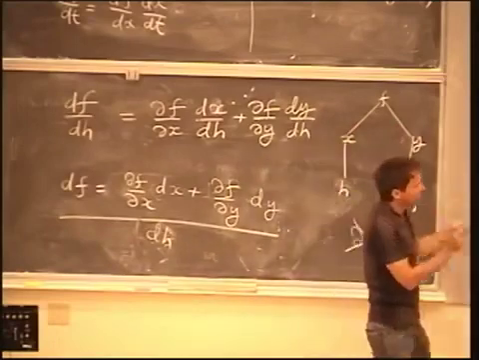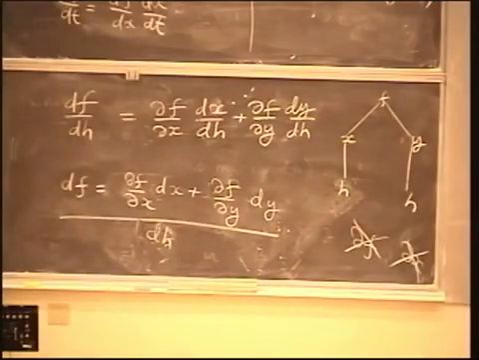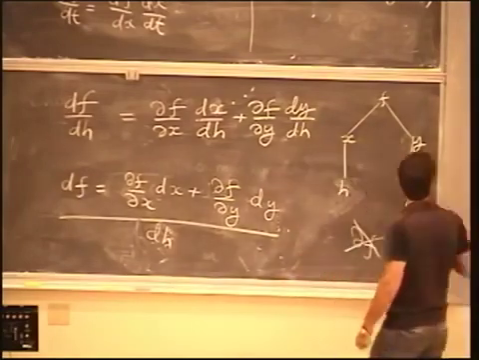Why am I explaining all this? Because I claim that I can calculate the formula for the directional derivative by using precisely this rule. For the following reason. I can think of this function as a function which is obtained in this way. Namely, I will just say